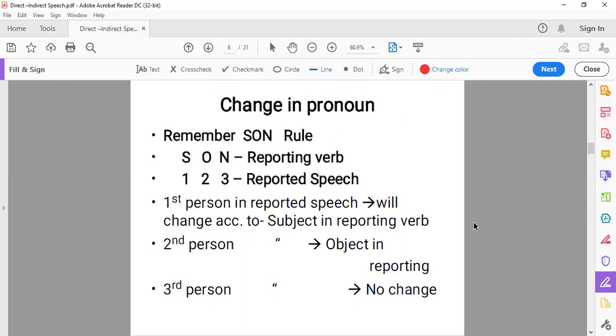Then we discussed the rule about the change of persons. And the rule in short, we discussed about SON, that means subject, object, and no change. Then if in the reported speech we have first person, second person, and third person, how these changes are to be made according to the subject and object. We discussed that if there is first person in the reported speech, first person means it can be subject, it can be object, it can be possessive pronouns. That means I, we,